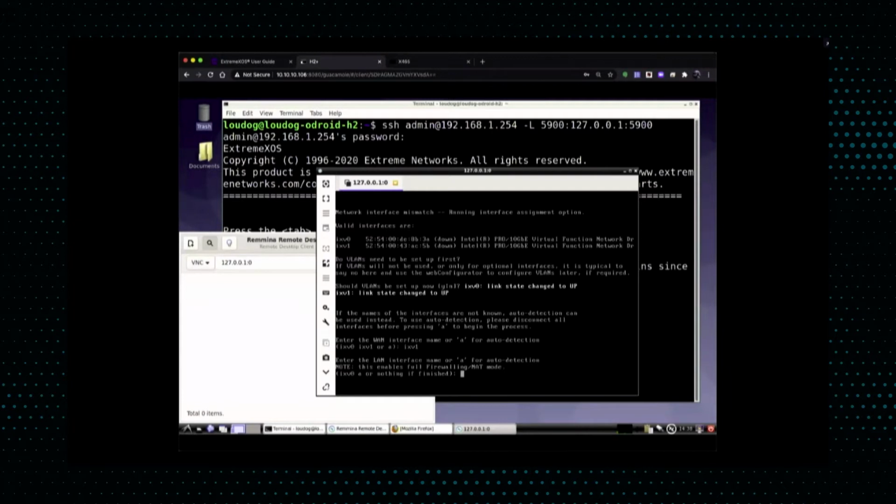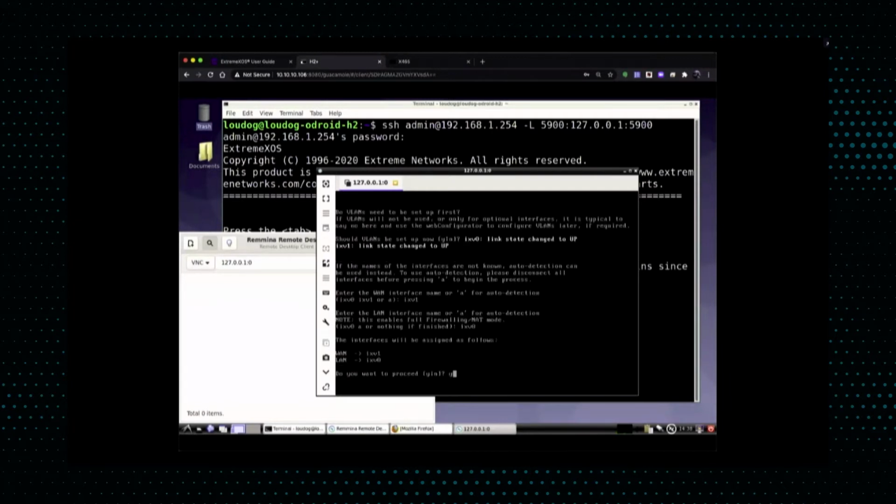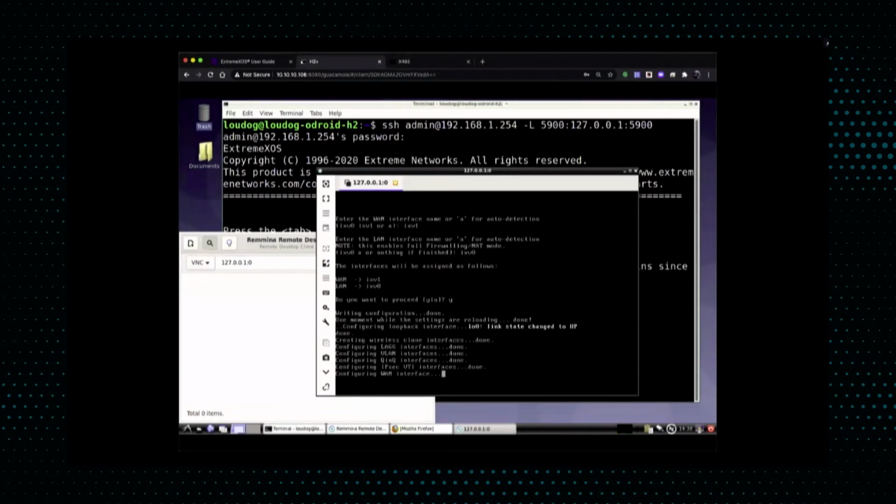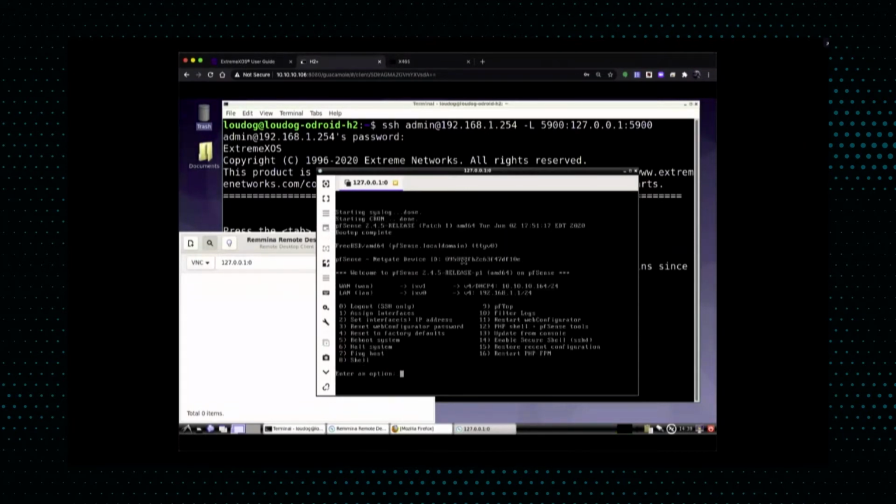And I wanted to use IXV0 as my inside port. And these are my mappings. It brought up the web interface and bam, you're up and running. So you'll notice that we show a WAN interface and a LAN interface. These were both pulled from, one was pulled from DHCP,